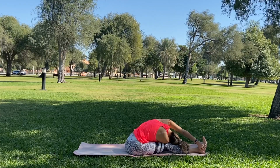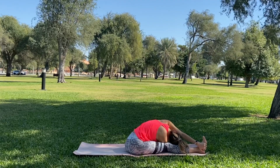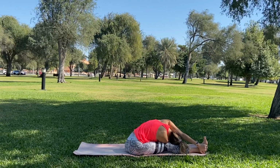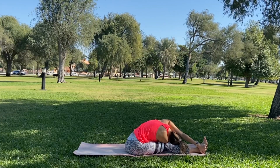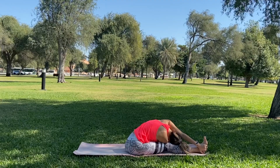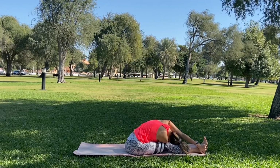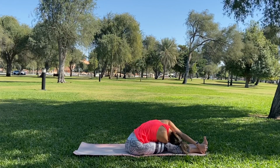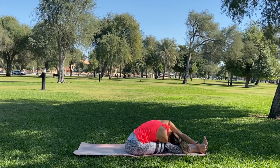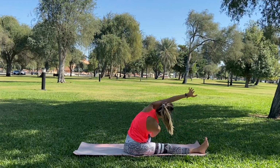You have option to stay here or to bring your right hand to your left knee and keeping your left hand to your right foot, twisting to the left. And coming out of the pose,